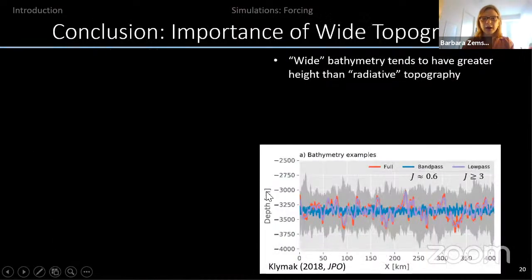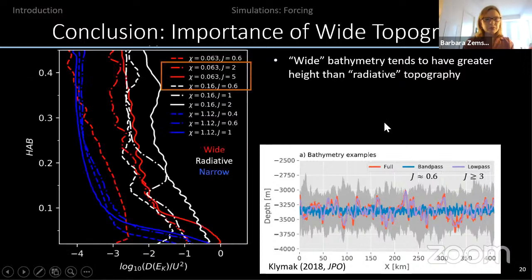And connecting that back, why this is important, is that wide bathymetries tend to have greater heights than radiative topography. So going back to Jody Klimek's study, the bandpass, so the radiative topography, only has this inverse Froude number J of about 0.6, which would be within the linear regime. But the low pass, so the wider topographies, actually have J greater than 3. So that would be in a much more nonlinear regime. And looking at our simulations, it would mean that we would want to compare the kinetic energy dissipation between, say, this